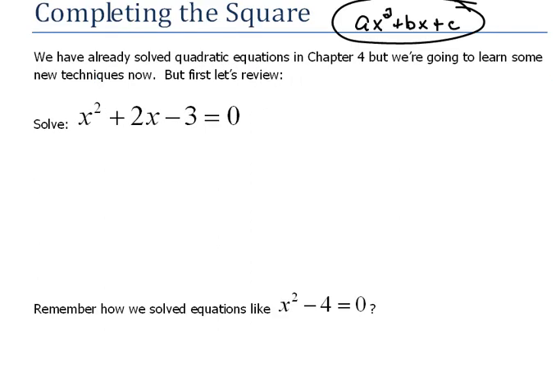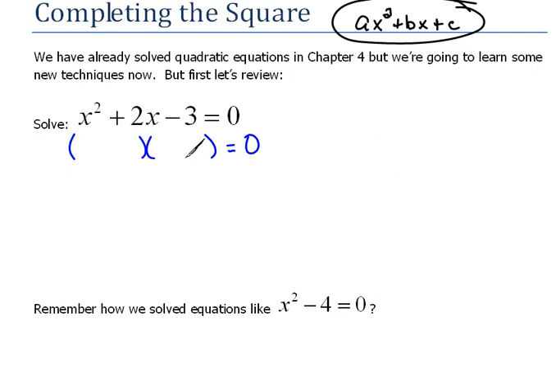So let's do a quick review to remember how we would work a problem that looked like this. If you'll remember, every time you see something that has a square as the highest power of x, what should be going through our mind is, I wonder if this will factor, because we worked extensively on factoring with these quadratic equations. So let's see if we can factor this. Since it's a trinomial, 3 terms, and the first coefficient is a 1, hopefully we can just break it down